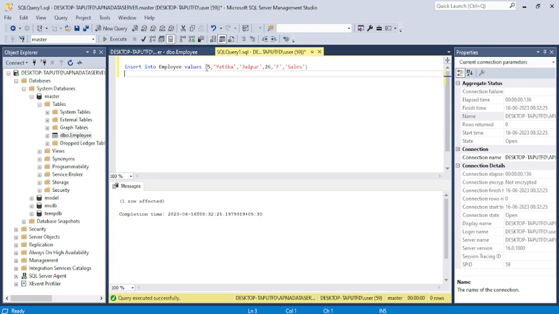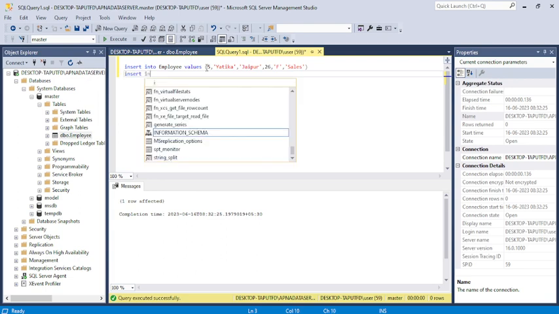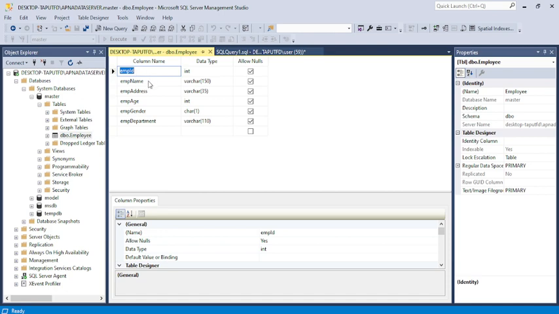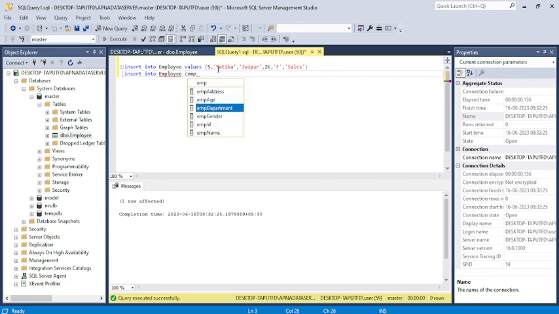But let's say I want to insert values in specific columns. For that, insert into employee values. But before writing the VALUES clause, I have to mention in which columns I want to insert the values. Let's say I want to insert the values in employee ID and employee name only. So here I have to mention employee ID, employee name, then the VALUES clause. In brackets, I have to mention the values, let's say I'm taking 6,